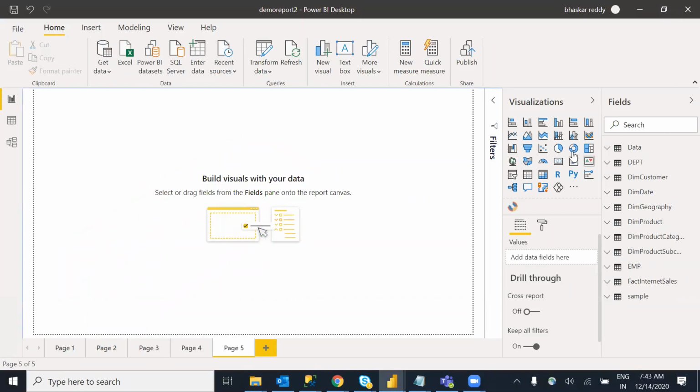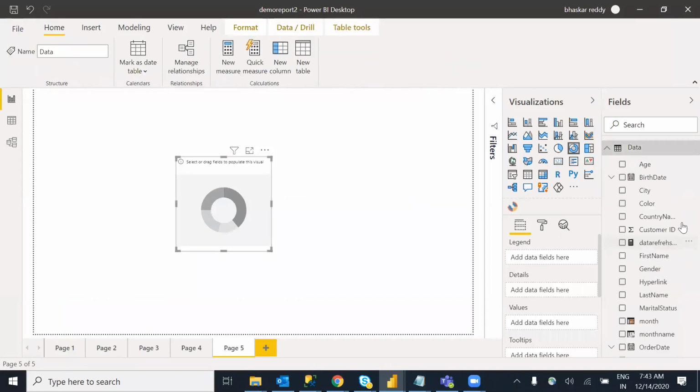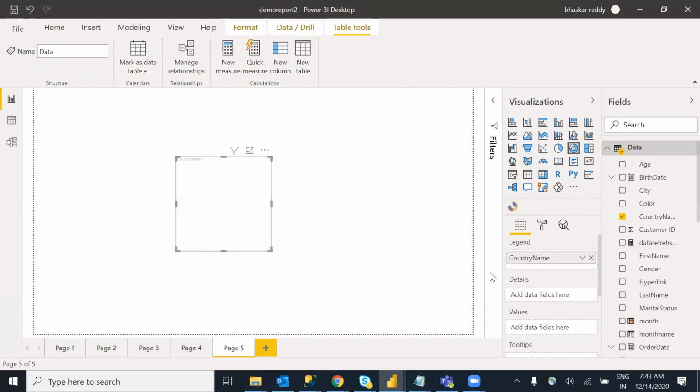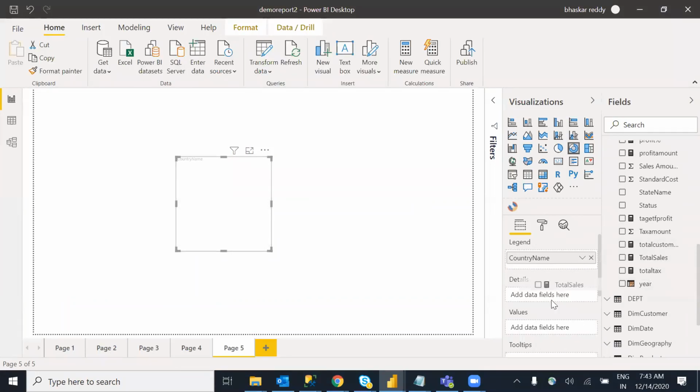For example, I have a donut chart over here, with customer country-wise sales amount.